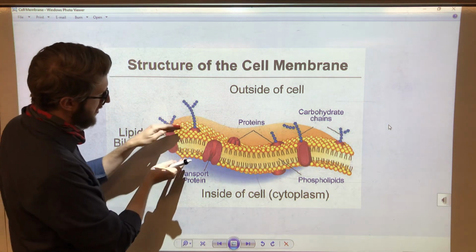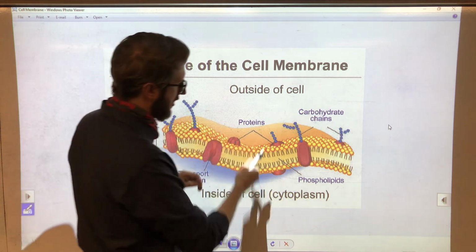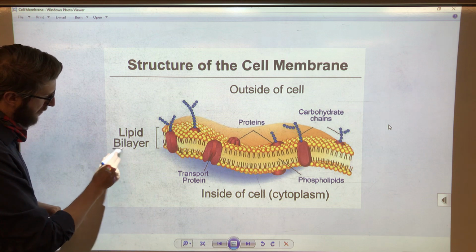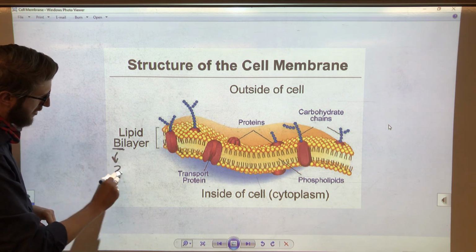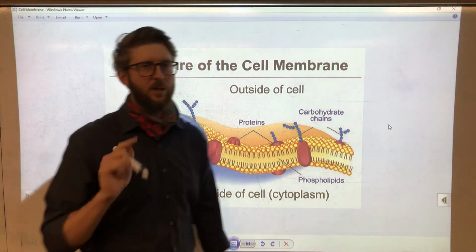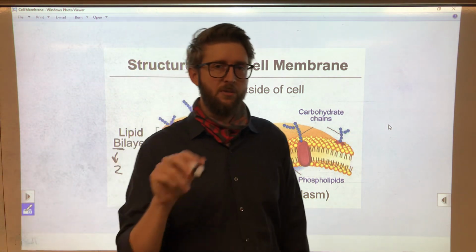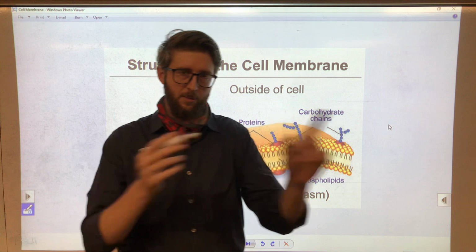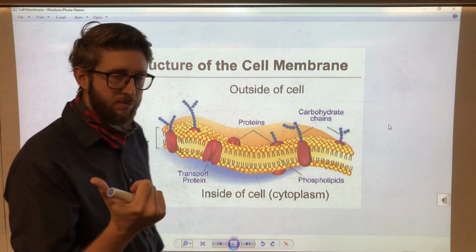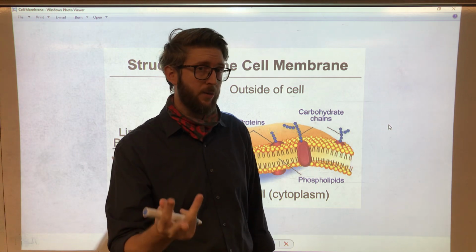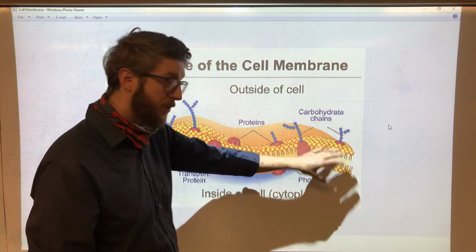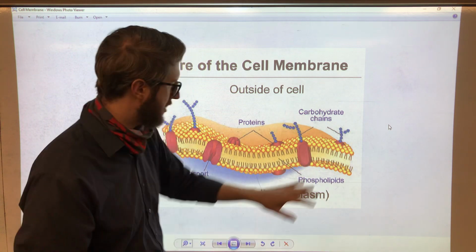So you can see that there are two layers. That's where the word bilayer comes from. So we have lipid bilayer. Bi means two, and it just means it's two layers made up of lipids. And if you'll remember, lipids are one of the four biomolecules that we learned about in a previous lesson. There's carbs, proteins, lipids, and nucleic acids. And so we're actually going to see three of those four, the carbs, lipids, and proteins, right here in